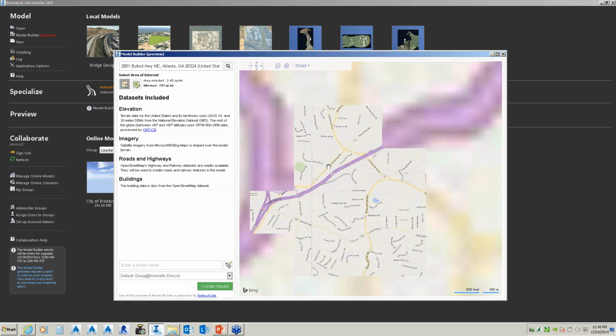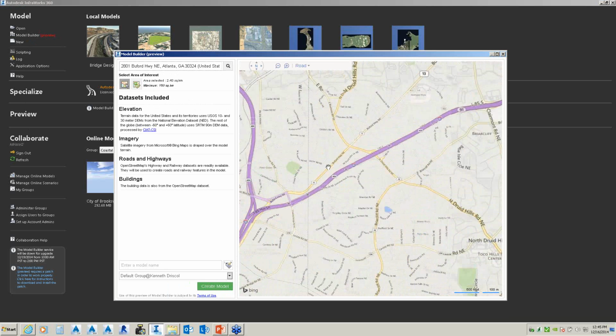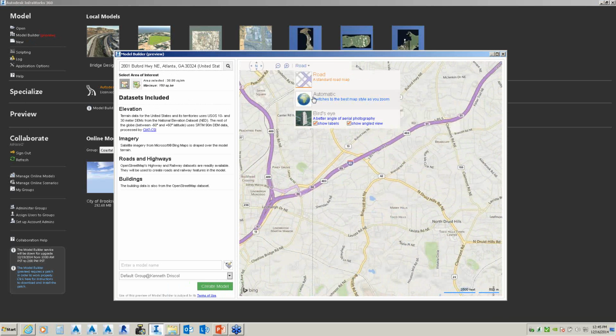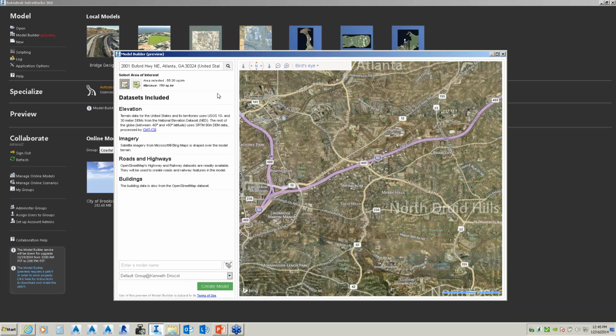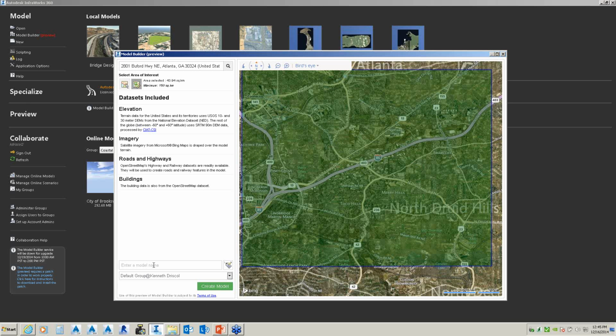If I look at this specific area, we have a bird's eye view that we can take a look at. It just zooms in, and then I can define over 105 square kilometers of this model that I want to build. As I zoom in, you can see up at the top right-hand corner, I just defined a specific area. I'll just say Beaufort, and then I'll select create a model.